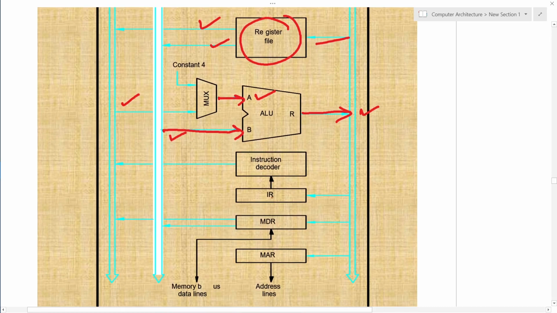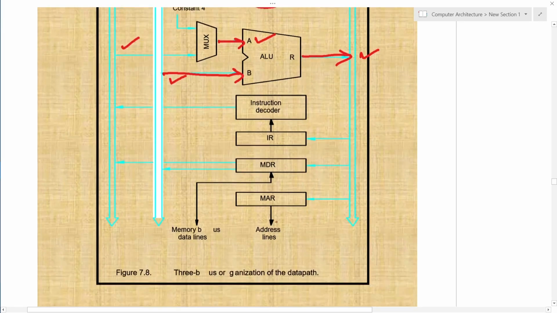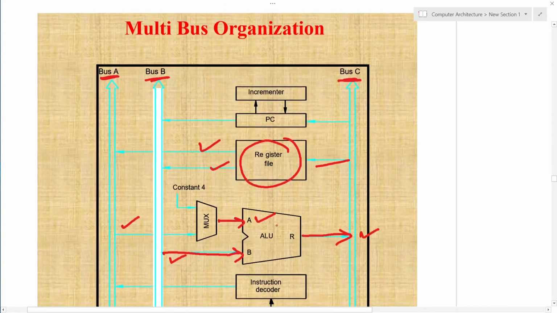The register IR is there as it is, and MDR and MAR are there to access the memory, with the help of MAR, and the data to be retrieved or loaded to the location through the help of MDR. So this is the typical structure of a multi-bus organization.